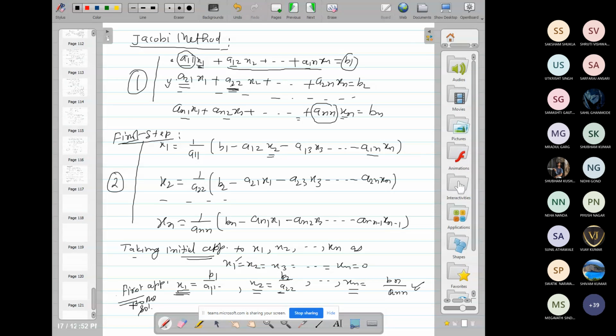ठीक है. Now there is some modification on this method, that is known as Gauss-Seidel method. A slight difference between these two methods. Condition is same कि मतलब the coefficient of x1 in first equation and x2 in second equation and xn in last equation are large in magnitude than the coefficient in particular equation. So here the difference is Gauss-Seidel method.